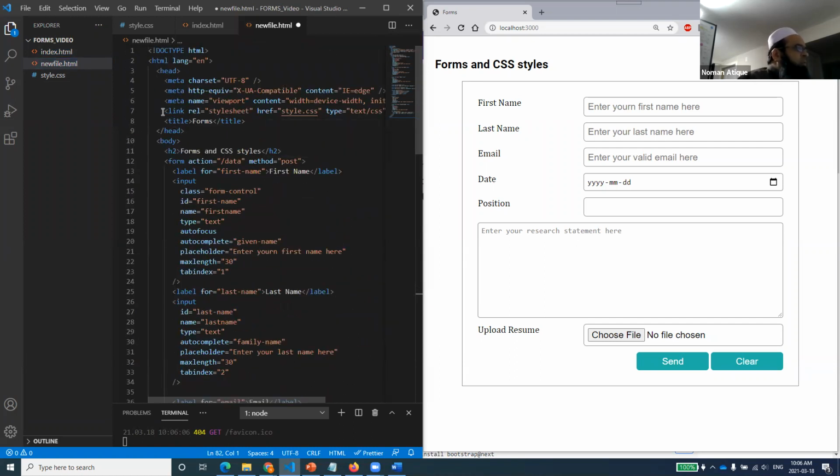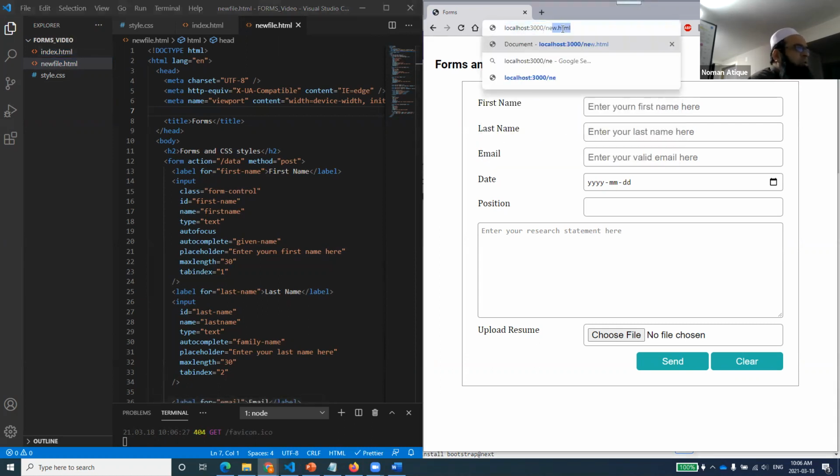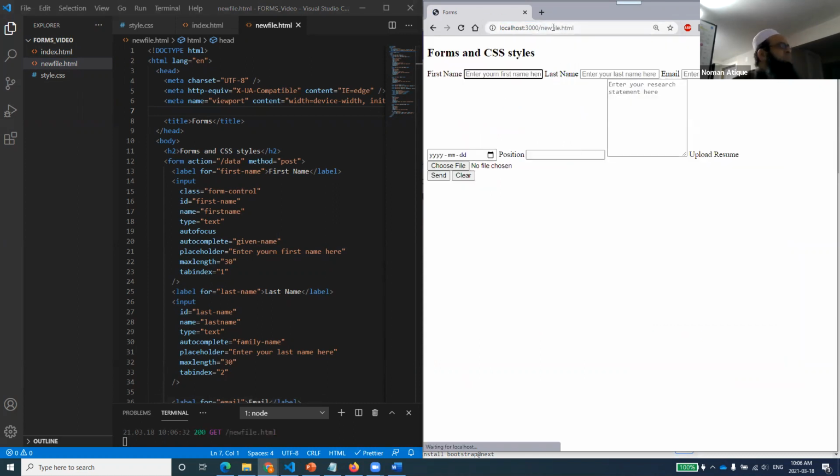And what I don't want here is this style sheet. I don't want to delete the old one. So this is a new file, and its name is newfile.html. If I want to run it, I will go here and run newfile.html. I think you should follow. Yes, I would like you to follow, so I will be a bit slow now.